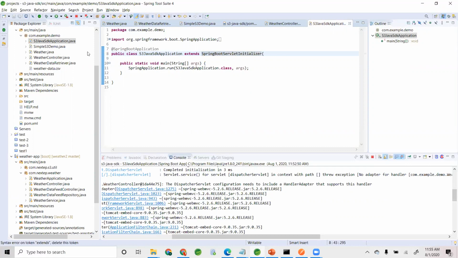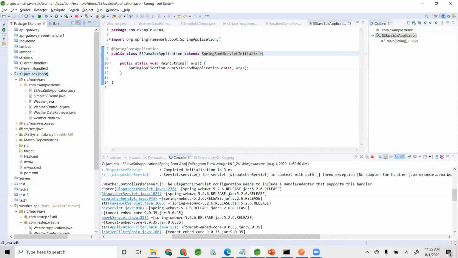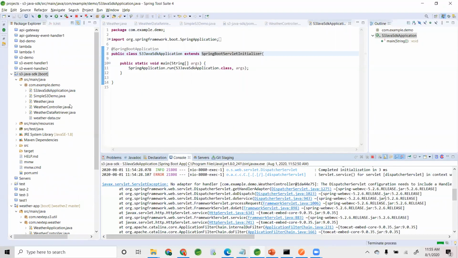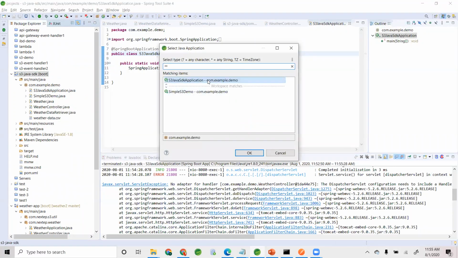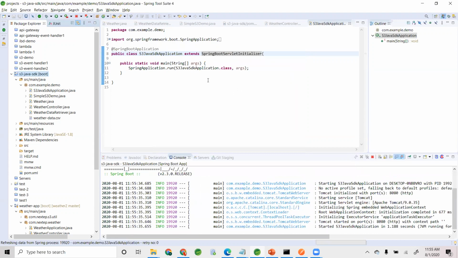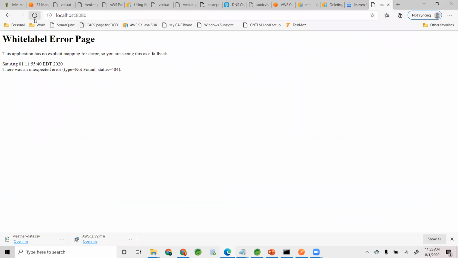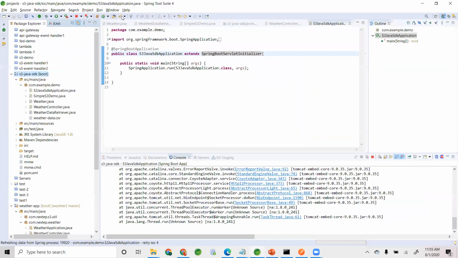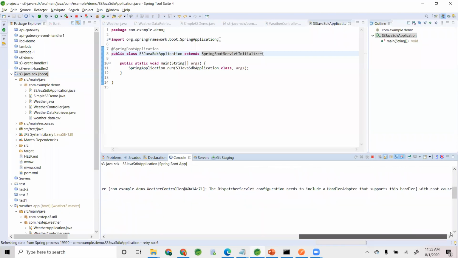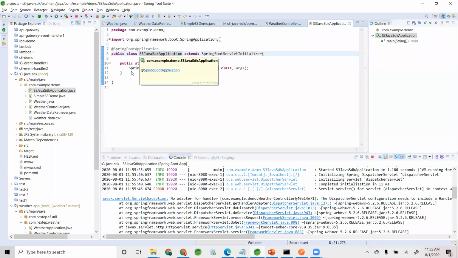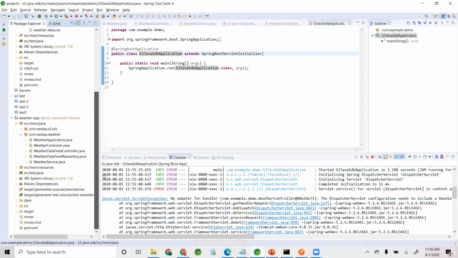Don't worry, Manohar, this is not even needed. I mean, you guys understand, Java people, right? It's nothing to do with Spring Boot servlet initializer.